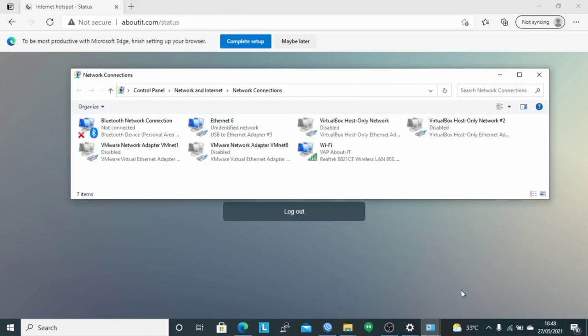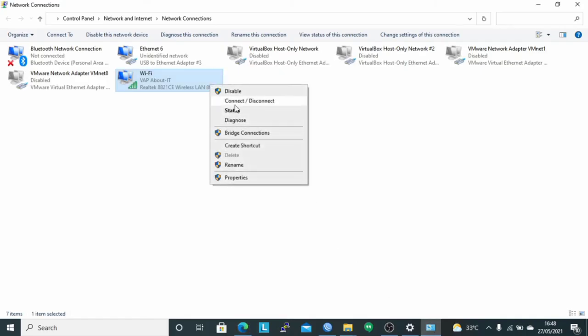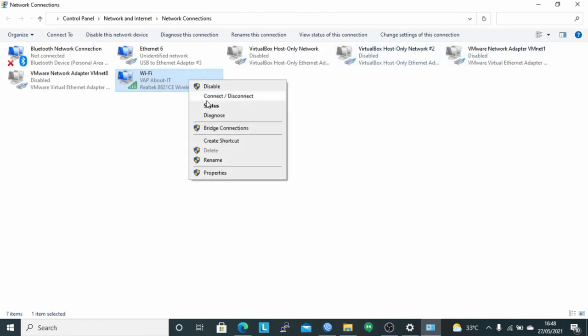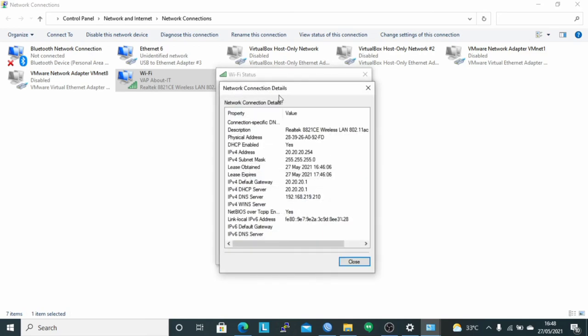It can be seen in the network connection details status that the SSID used is VIP about IT and the IPv4 connectivity is internet. Click details. It can be seen that the client uses the IP address 20.20.20.254/24 and the gateway is 20.20.20.1.